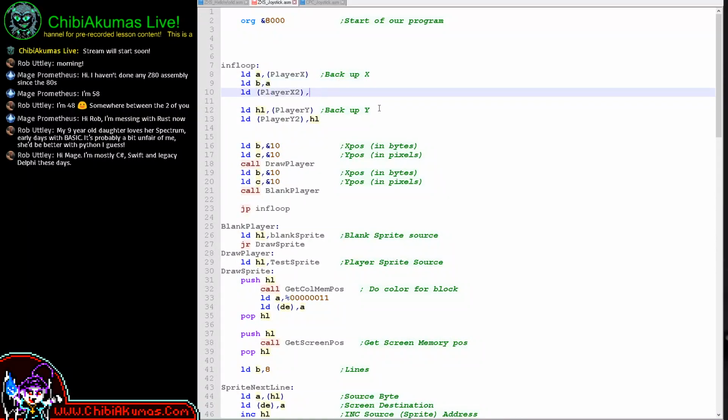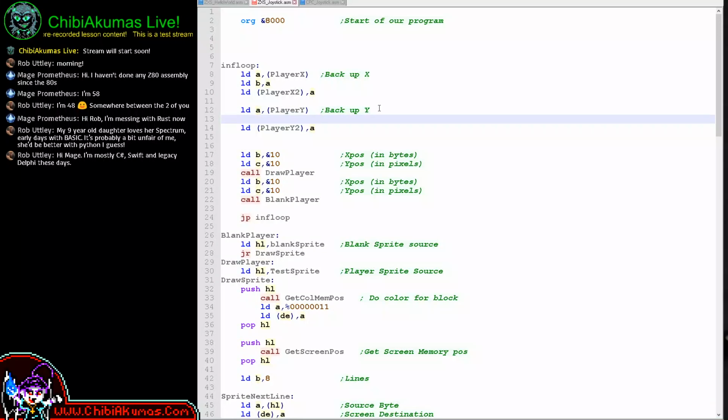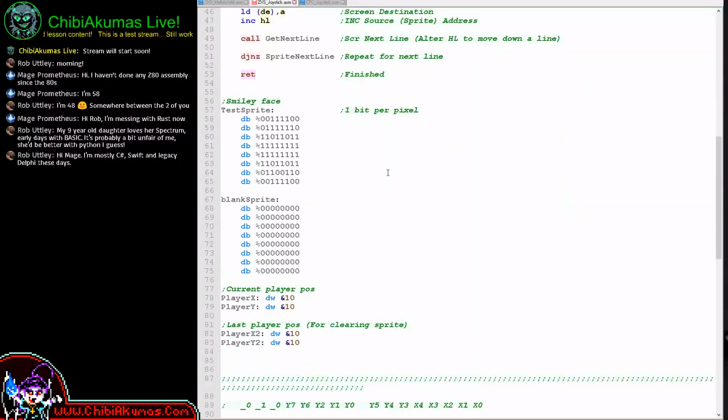So this is going to be a bit more... I hadn't really thought this through. My previous example was using 2 bytes for each coordinate, because again, that's the way the firmware worked, but this is going to have to work with 1. So C#, Swift, and Legacy Delphi. Okay,